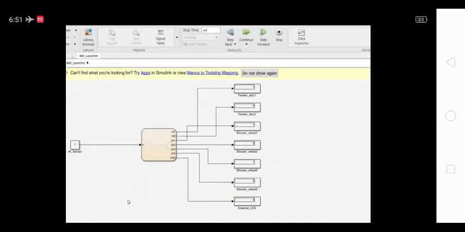This is a Simulink model of the ball launching machine. It has 7 digital output pins and 1 digital input pin. The first 2 digital output pins are connected to the DC motor which rotates the feeder disc. The third and fourth output pins are connected to the DC motor which rotates the wheel in shooter pipe. Fifth and sixth are connected to a DC motor which rotates another wheel in the shooter pipe. And the last output pin is connected to external LED. And the input pin is given to the IR sensor.